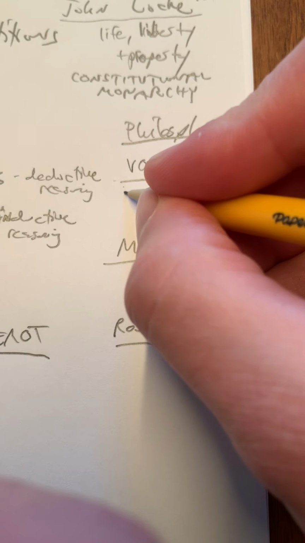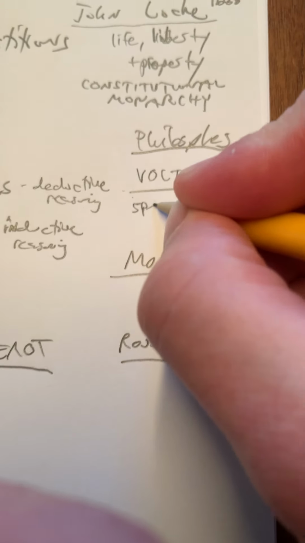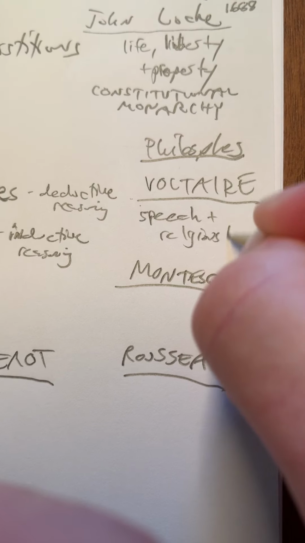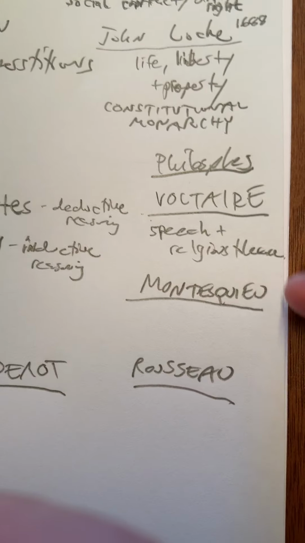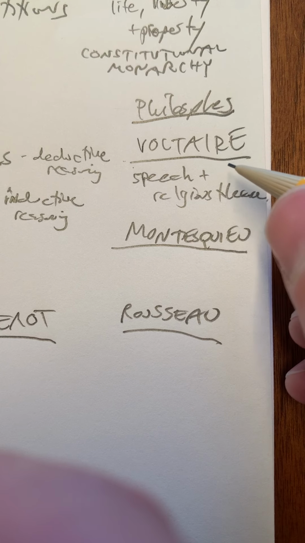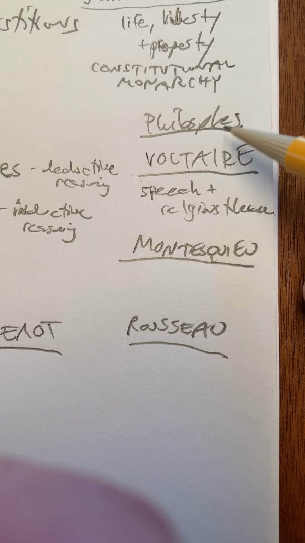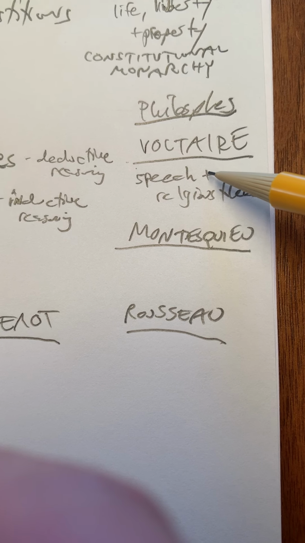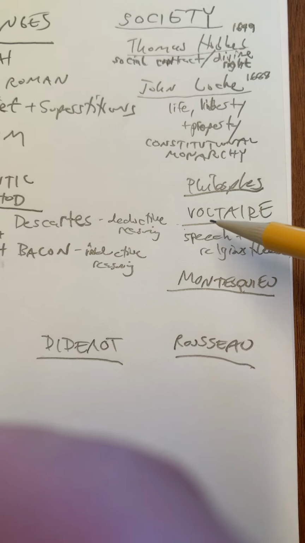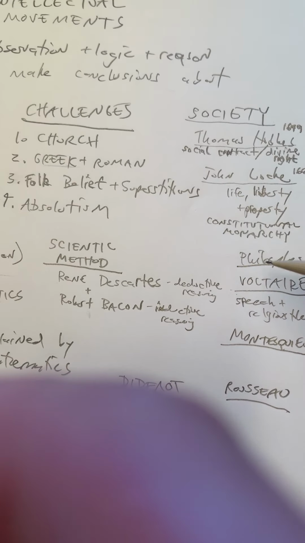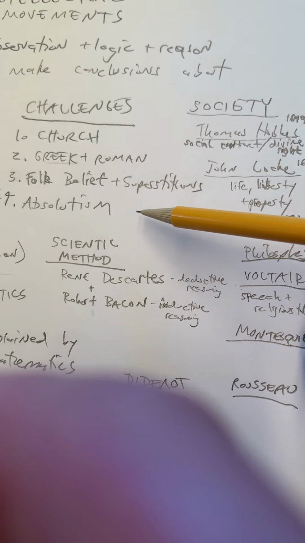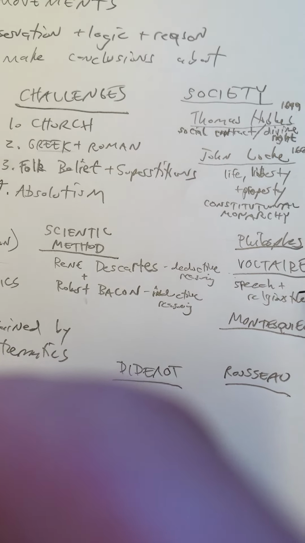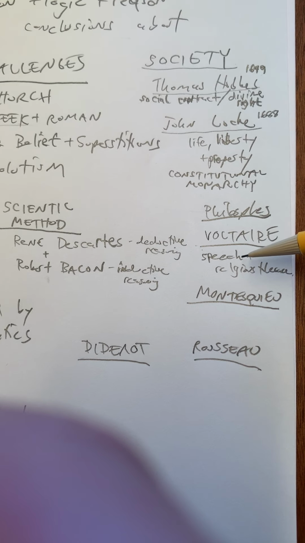Voltaire argues for freedom of speech and religious tolerance, freedom of religion. And he's a humorous guy. Candide is a humorous book, yet a biting satire at the wealthy, and it really challenges absolutist beliefs, it challenges folk beliefs and superstition, it challenges the church, and he does this through humor and through his freedom of